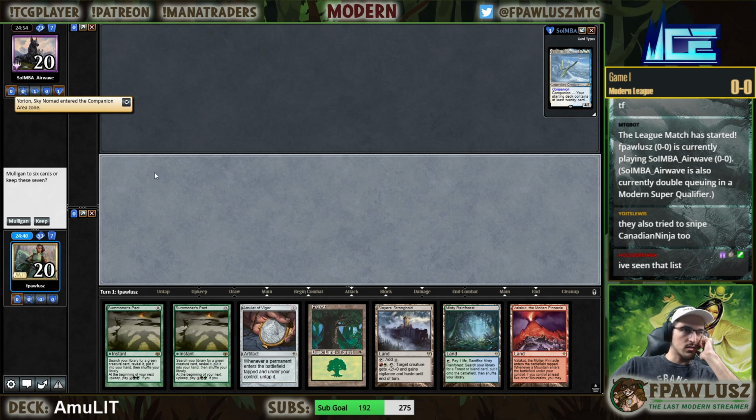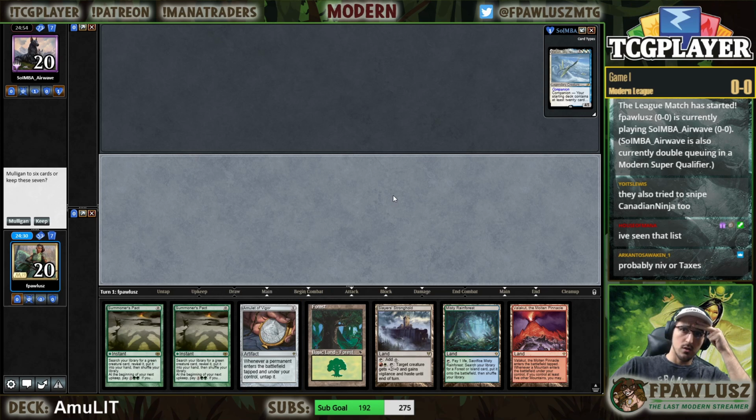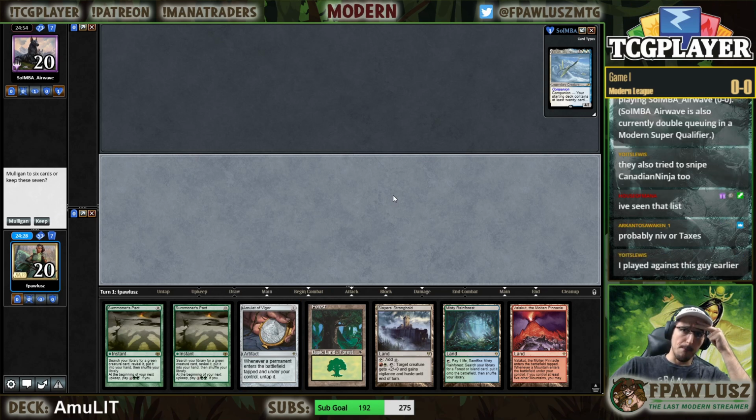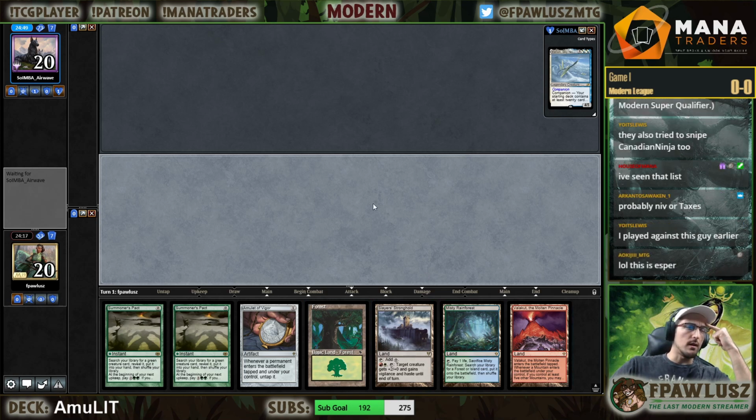This hand seems... We go AmuLIT turn 1, we don't have a bounce land. We don't have a way to ramp. Huh. I think I'm keeping this hand, and the main reason for keeping this hand is I'm thinking about how the